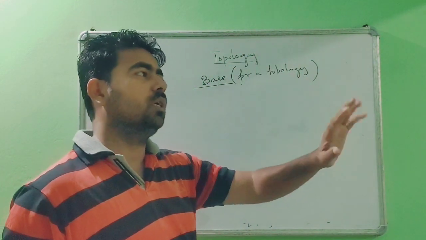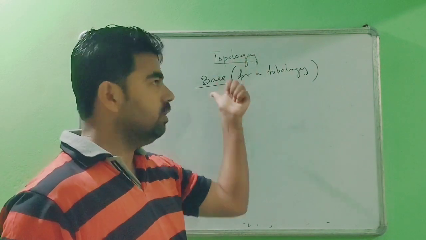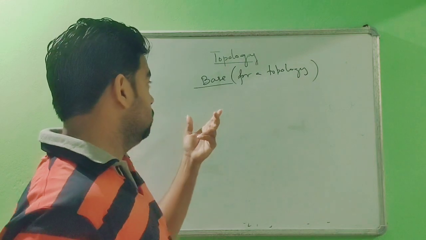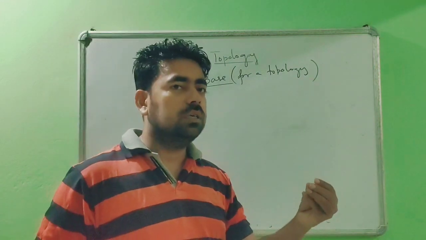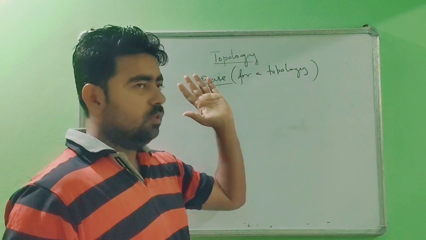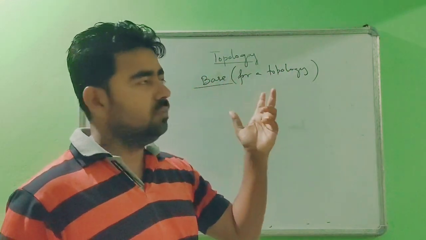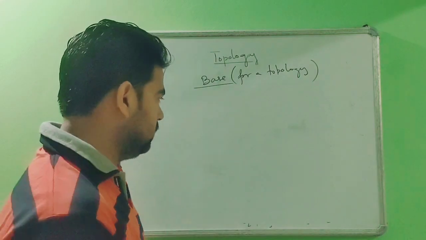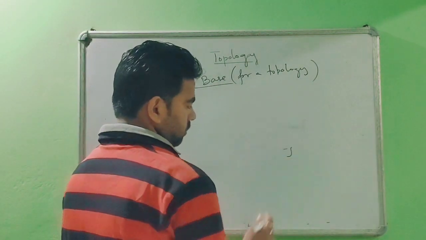But for a given topology there could be many bases. But for a given base there is a unique topology. So independently we can define base. But for the general understanding, what is a base? If you have a topology,